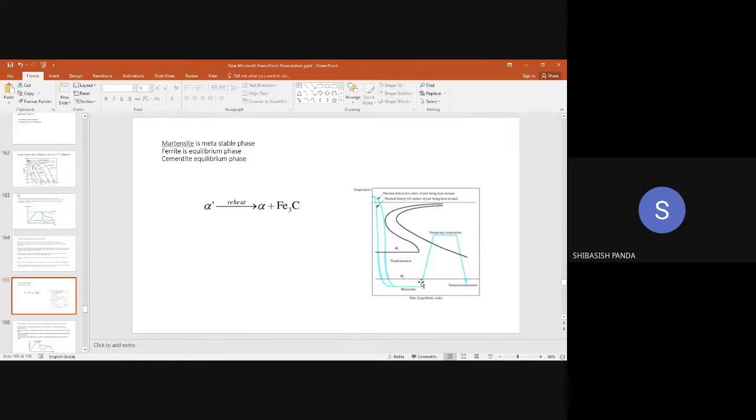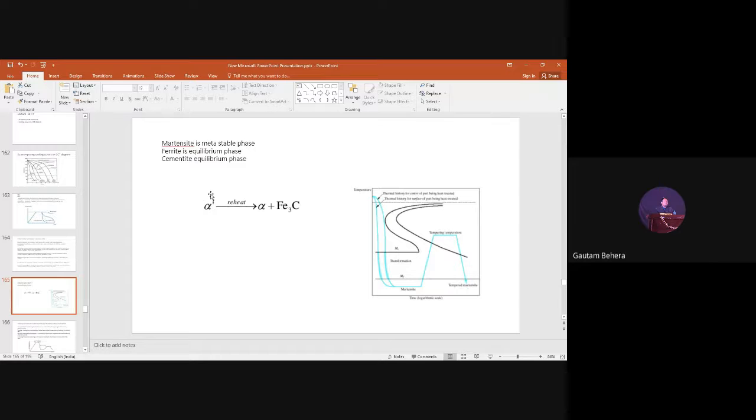Yes, sir. Can we convert bainite to martensite? No, sir. Actually, we can convert, because we need the austenite region. Unless we take the steel to the austenitizing temperature first, right? But how can we convert martensite to ferrite and cementite?